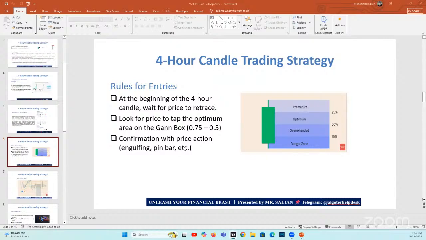It means you can say it reacted to a fair value gap, it reacted to an order block. It went to that point of interest. So there's many reasons why price can just go in the opposite direction at very short notice. Okay, so those are the rules for the entries. That's it. Now we will check this one.